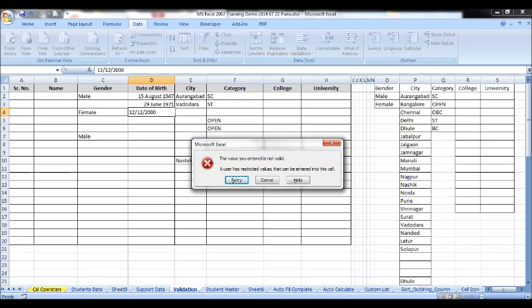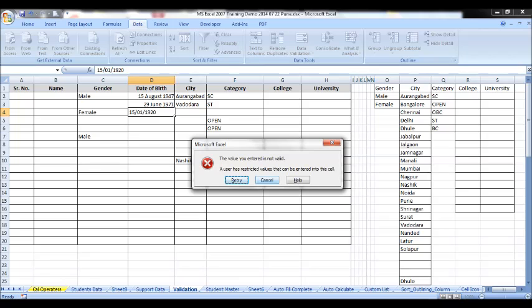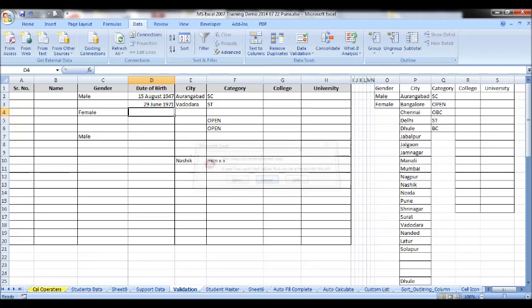It will not accept. It will give you the default error message. Even if you want to enter 15th of May 1920, it will not accept. This is how we have to set the validation for date too.